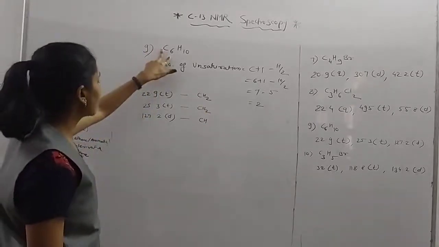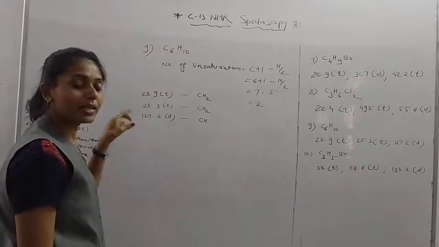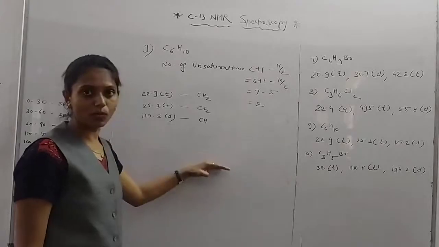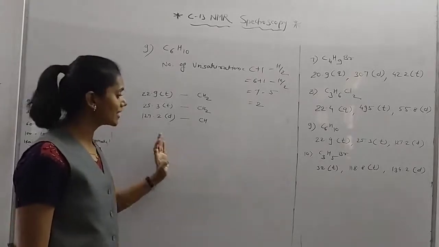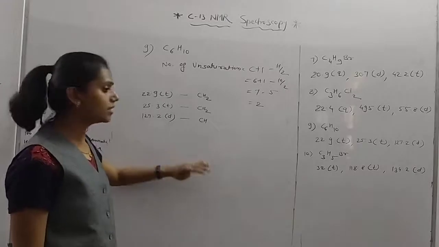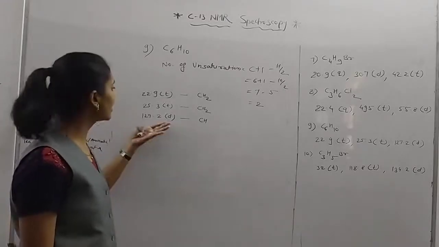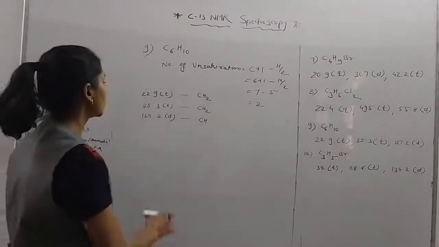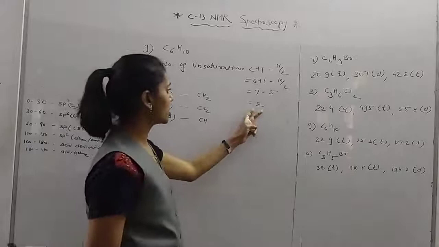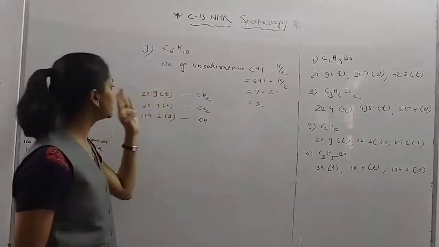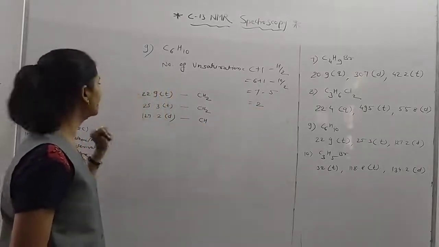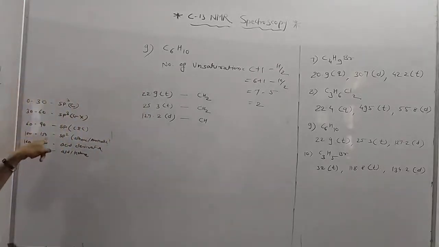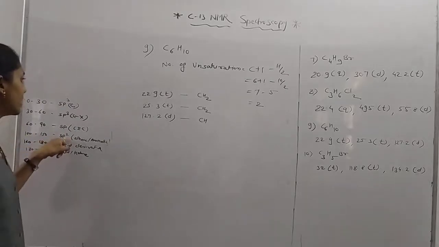And there are 6 carbon atoms and there are 3 signals. That means this structure is the symmetrical one. Half portion of this compound is symmetrical with the other half portion. That means 3 carbons may be symmetrical with the other 3-carbon system. So here 2 unsaturations are there, and now see the chemical shift values here. There is 127, that means this region 100 to 150 is for the sp2 hybridized carbon.